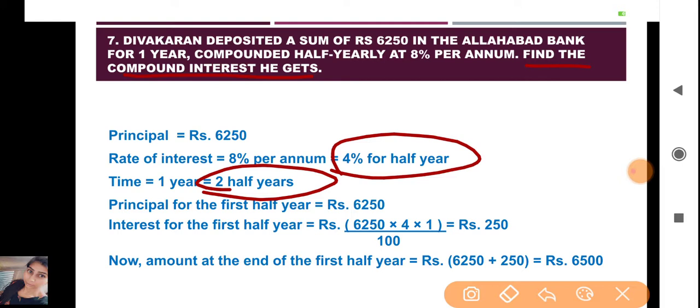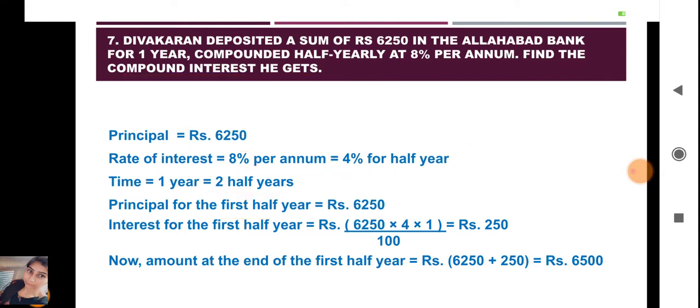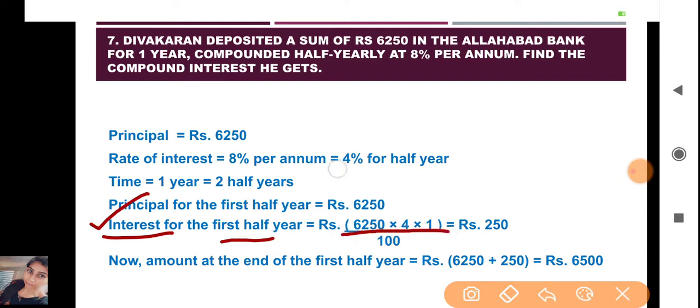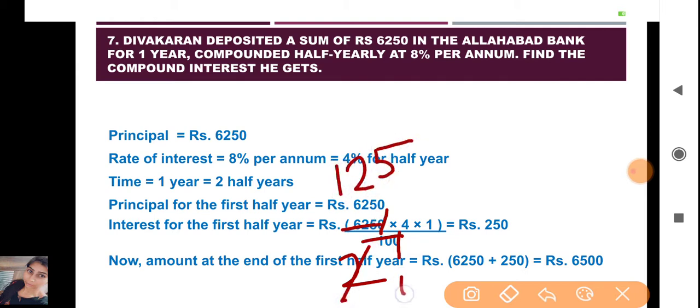Okay, so let us find out the first thing. Let us read the first statement, which will always be the same as we have done over there. Principal for the first year is 6250, written here. Now interest for the first year will be 6250 multiplied by rate multiplied by 1, because we are taking the first half year. So 0 0 cancel. I'll just show you the cancellation once again. 5 2s are 10, 5 1s are 5, 5 2s are 10, 5 5s are 25, 2 1s are 2, 2 2s are 4. So 125 into 2 is 250. So this is the interest for the first half year.